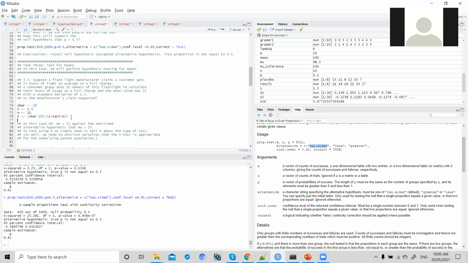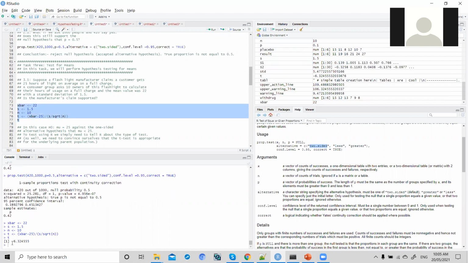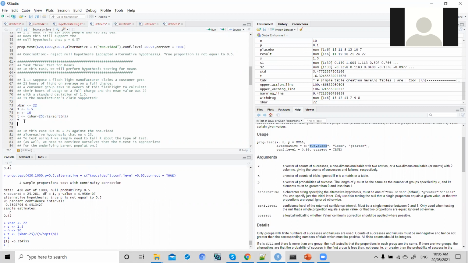So this will give me t, which is minus 6.32. If we calculate the p value of t with degrees of freedom n minus 1,